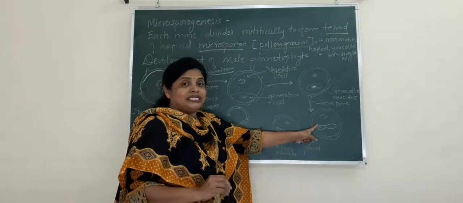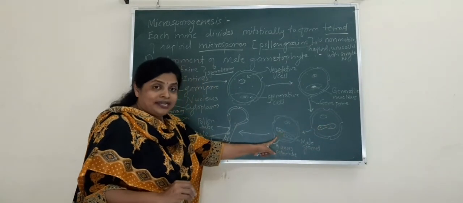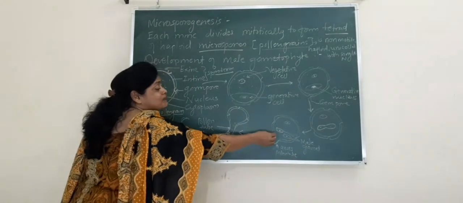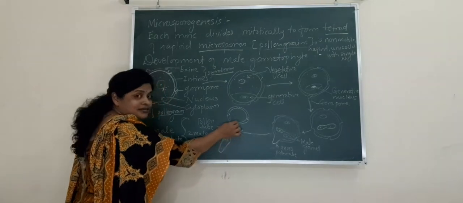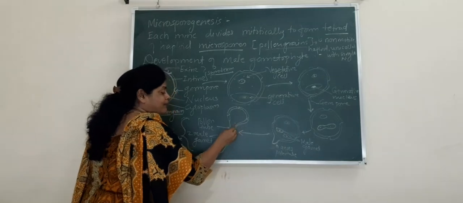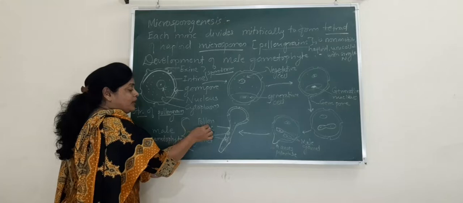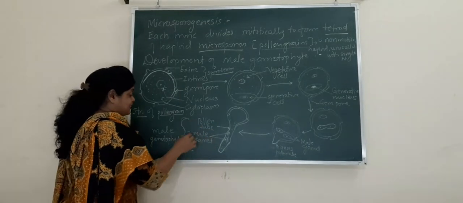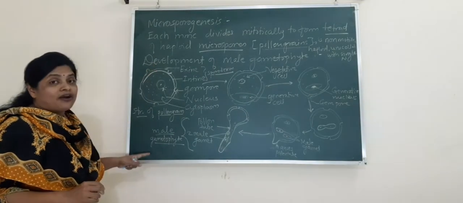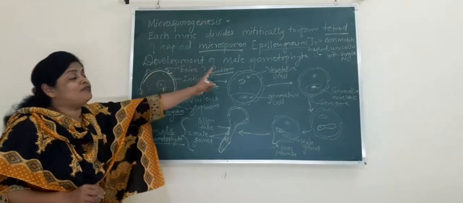They form the generative nucleus. This generative nucleus starts to divide into two non-motile male gametes. At that time, the germ pore forms a tube-like structure. This tube-like structure is known as the pollen tube, and the two non-motile male gametes float in this pollen tube, and this pollen tube with two male gametes is known as the male gametophyte. This is the answer to the 4-mark question: describe the development of the male gametophyte.